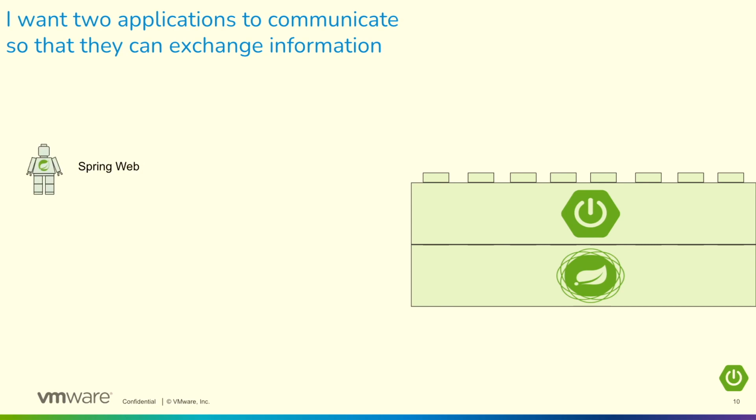Spring actually has these things called starters. And starters basically say, look, what we're going to do is we're going to provide you a series of auto configurations that will set up your app to provide you the foundations that you need. So if I add the starter named Spring Web, it will automatically start a Tomcat server for me. And you're like, well, Glenn, we don't use Tomcat, we use Jetty. That's fine. You can add the Jetty dependency and you're ready to rock.